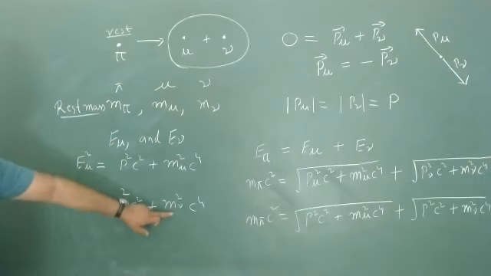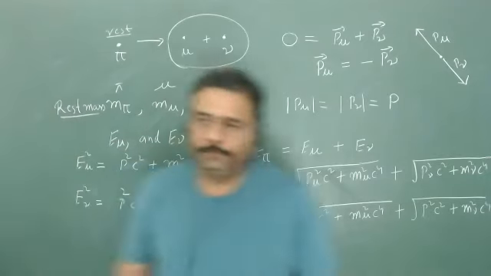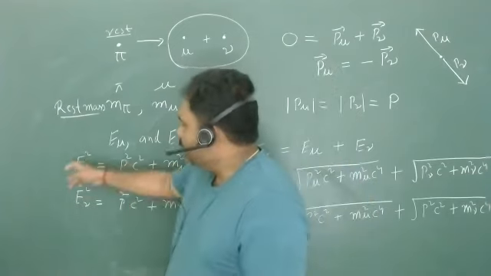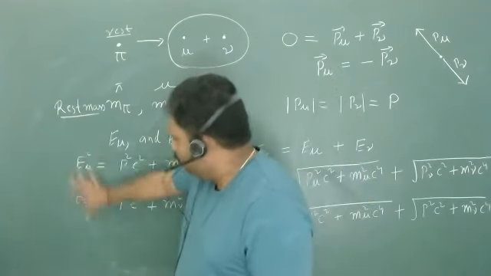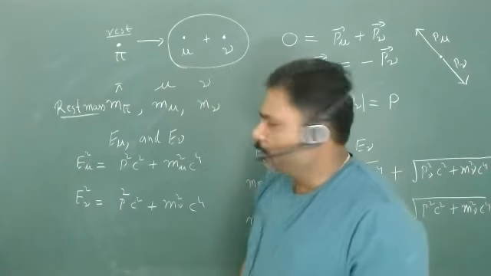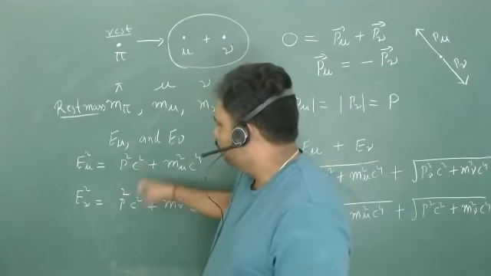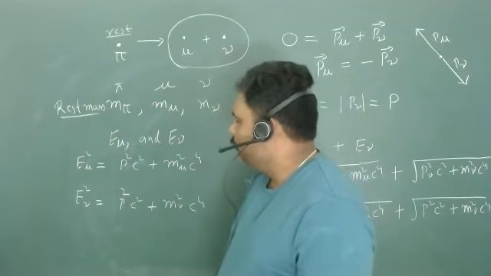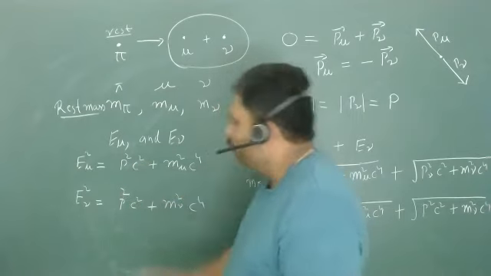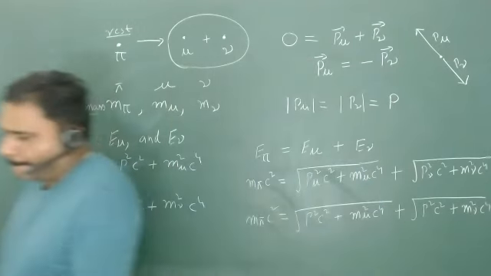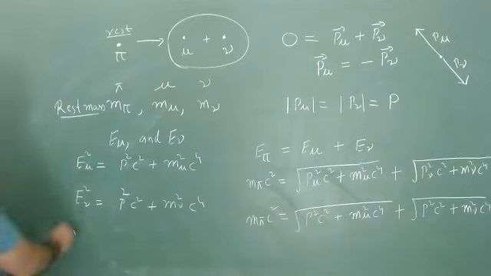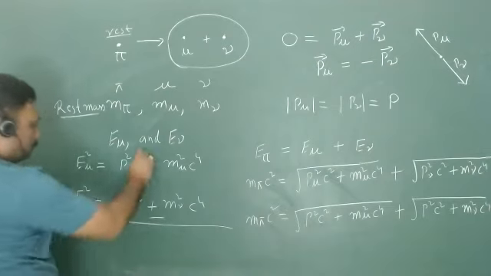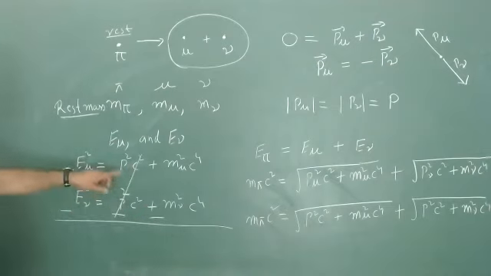Now, these two are non-variables, and I have to calculate E_μ and E_ν. I have to remove these two things, and mainly p. How will you remove it? Minus. You will just subtract it, and always remember this process. So this will be minus, this will be minus, this will be minus. So what you are doing is a very smart calculation. These two things are going to be removed from here.